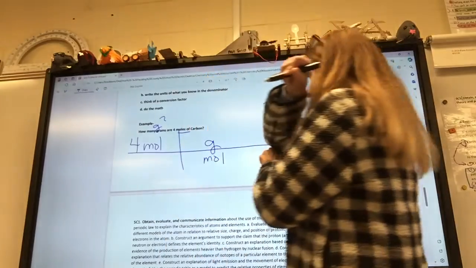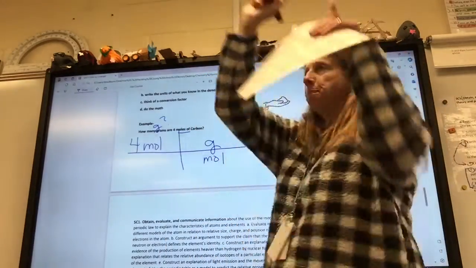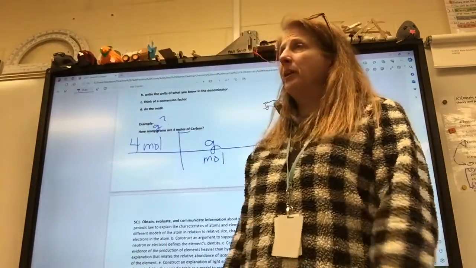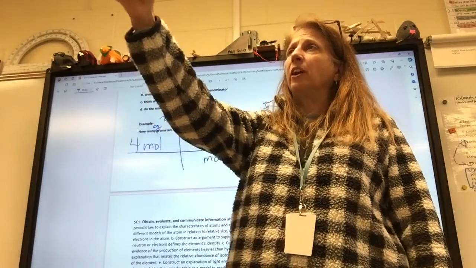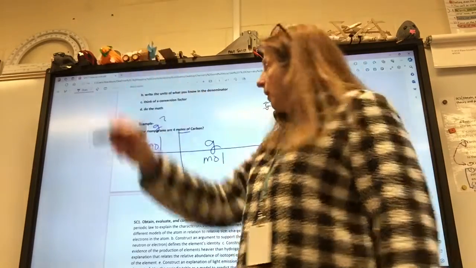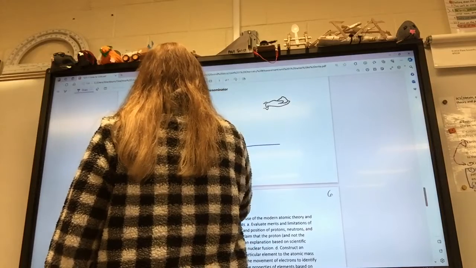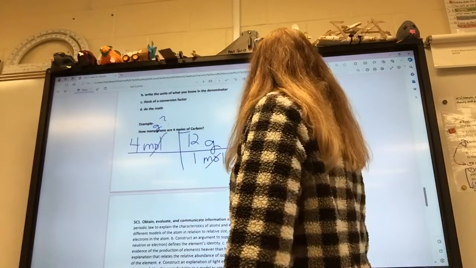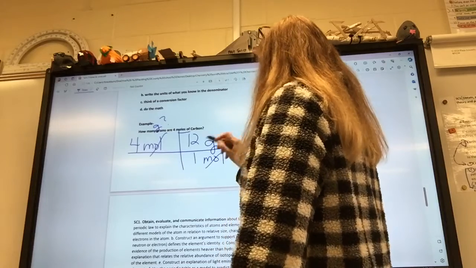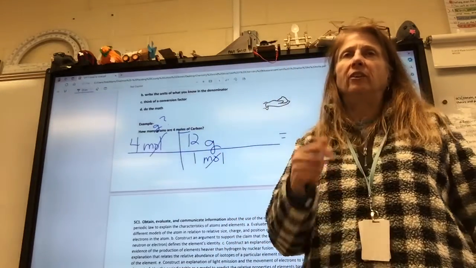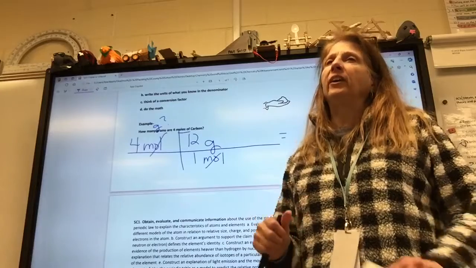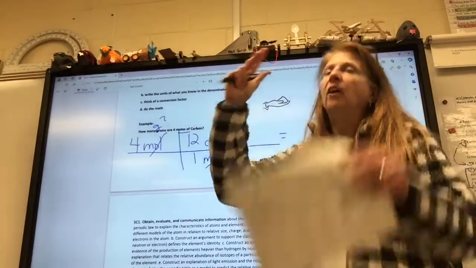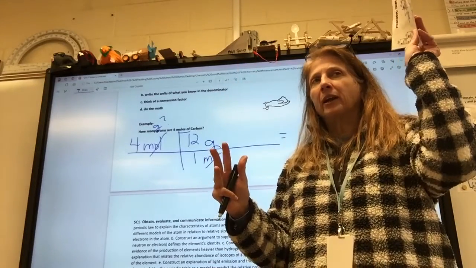So what's the conversion factor? Look on the periodic table. Carbon is not 16, go back. It's number 6. 12. So it's 12 grams per 1 mole. Moles cancel out, and I am left with 4 times 12, which is, it started with a 0, 12, 24, 36, 48. I really want to keep going.